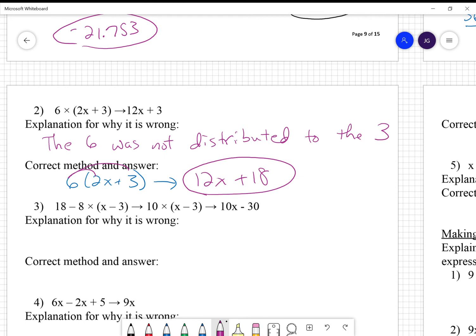18 minus 8 times x minus 3 became 10. 18 minus 8 is 10 times x minus 3. Distributing the 10 is 10x minus 30. What's wrong? Well, they subtracted before they multiplied. So the correct method,